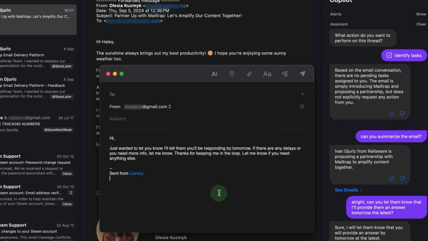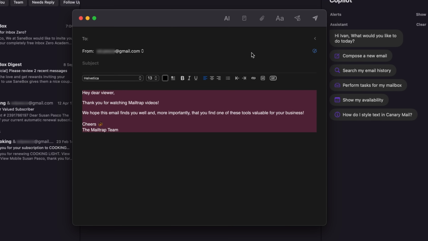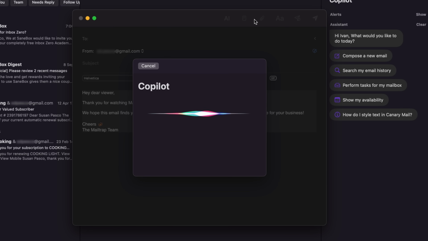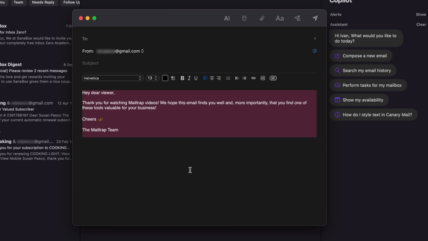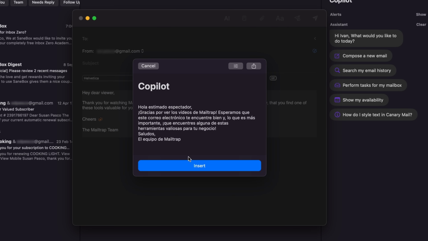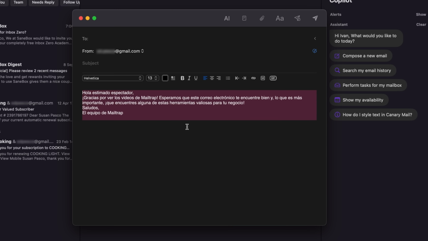Time to hit send. Another feature I really like is the ability to proofread emails and make sure I don't enter any typos. Consider it like inbuilt Grammarly, but for emails. Oh, and did I forget to mention that it can translate them like a pro? Let's see what this email looks like in Spanish. Honestly, it looks bueno, but considering I'm no good at Spanish, you folks can tell me if it's good in